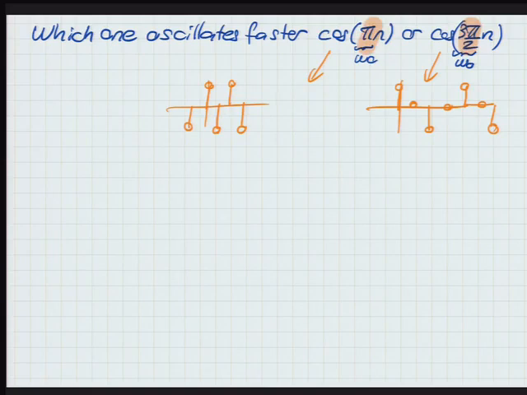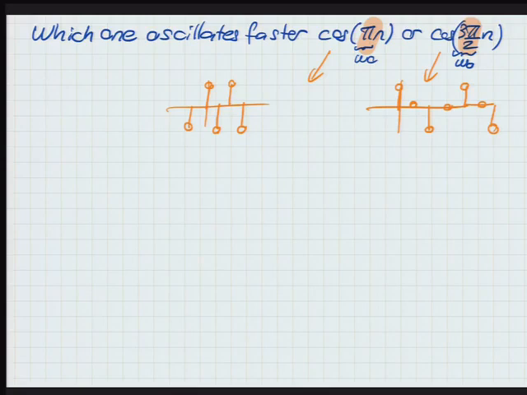There is no such thing in continuous time. If I give you cosine omega t, if you increase omega, it's going to oscillate faster and faster. There is no limit to how fast you can get. But remember the phrase you should say to yourself every night before sleep. Pi is the highest frequency in discrete time. The moment you go past pi, you're actually oscillating slower.